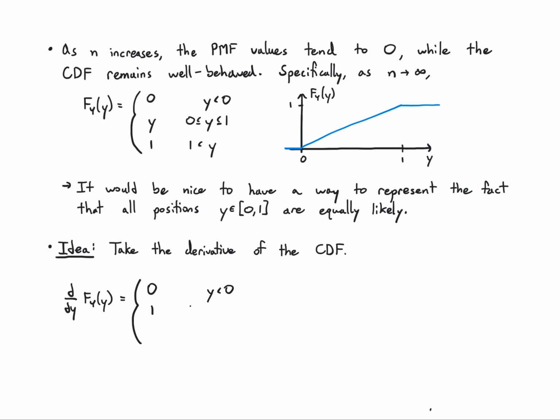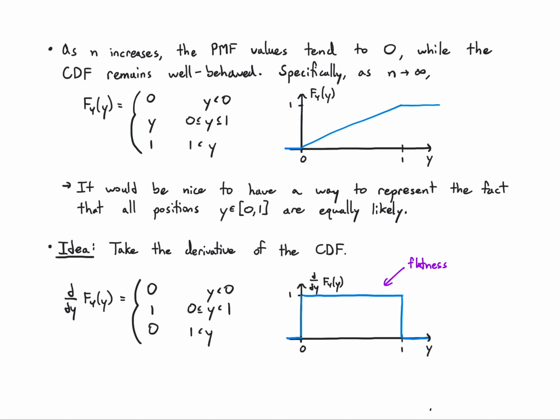It's going to be 0, and then 1, and then 0, right? So the derivative is only going to be 1 between 0 and 1 because that's where it's equal to y. So visually, it's just going to jump up, be flat, and then jump back down. And so the flatness here captures the fact that any point in [0, 1] is equally likely. Okay, so this is nice. So I actually got something like the PMF. It's kind of the derivative of the CDF in this case,